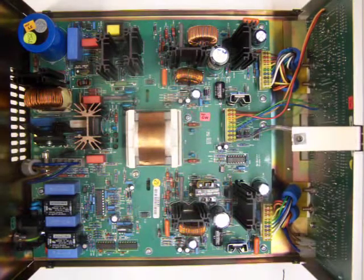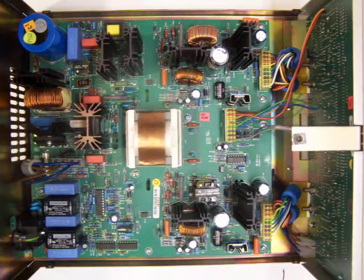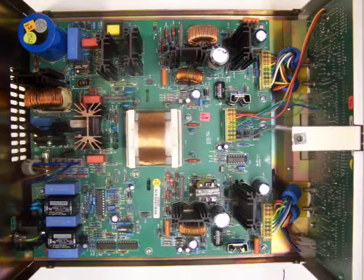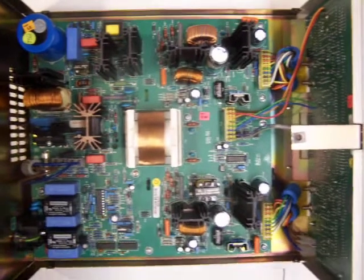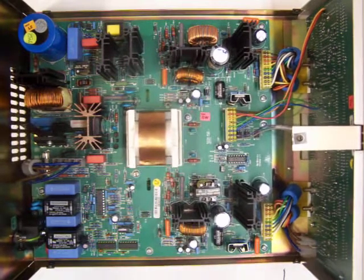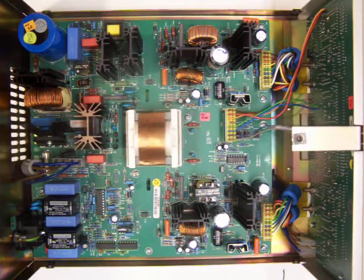Now, for better or worse, power supplies have gotten a lot more complicated than they used to be, and in repairing anything, it's a little bit of luck and a little bit of knowledge, and with a little more knowledge you have a lot better luck. So I'm going to go through the steps of how I repaired this. If someone has one of these, it might save them a little bit of time, and